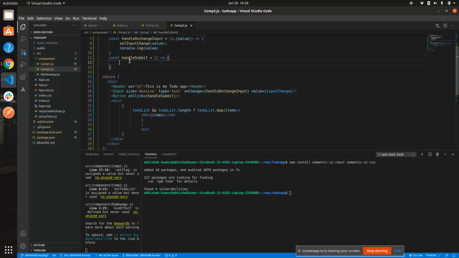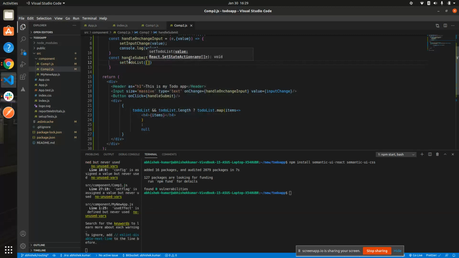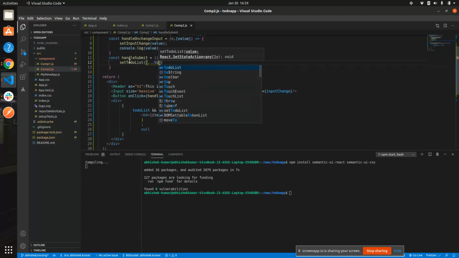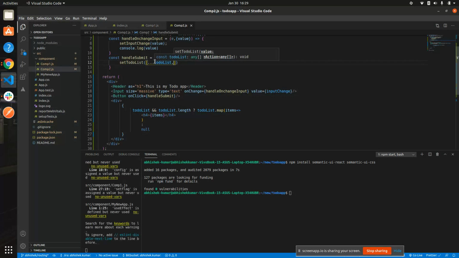Let me show you how I'm gonna do that. I'm gonna do set to-do list and make an array, and dot dot dot to-do list. This is the spread operator. What it does is spread all the elements into the form of an array, and separate them with a comma. So if you have some values inside of that already, it's gonna save those values also, and it's also gonna append a new value, just like I'm appending